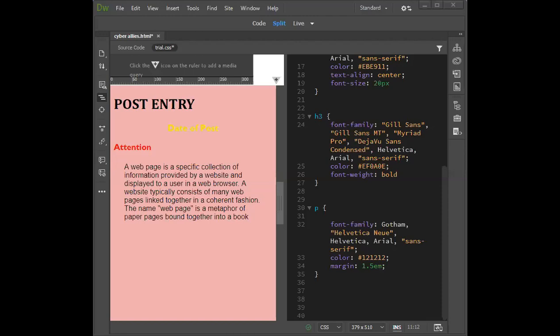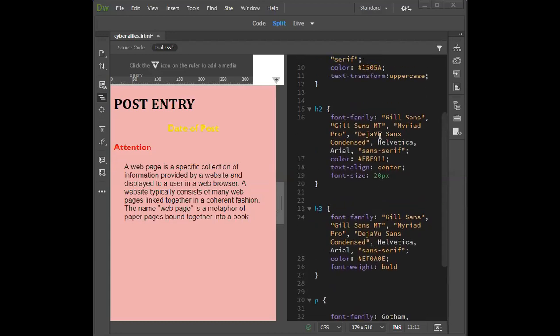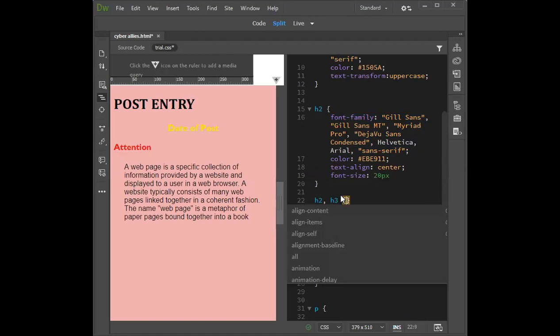So before we move on to styling images and tables, I just want to add one thing here. If some styles have the same value for a specific property, for example, H2 and H3 have the same font family, we can group these styles and change the value only once. I'll show you an example. H2, we can group H2 and H3. I'll open my curly braces and